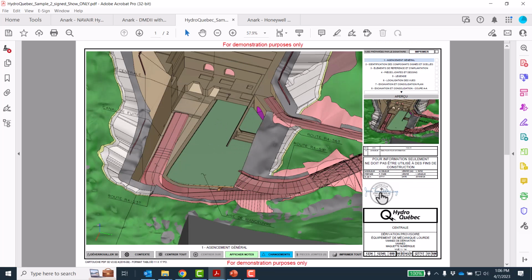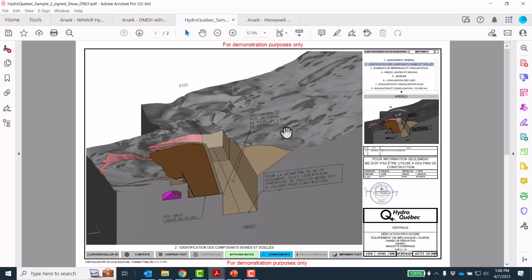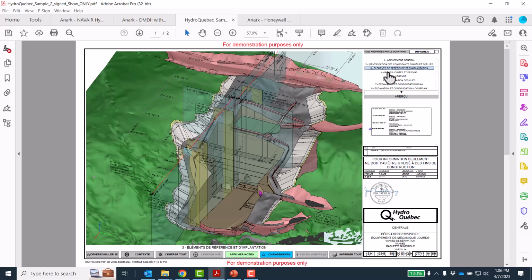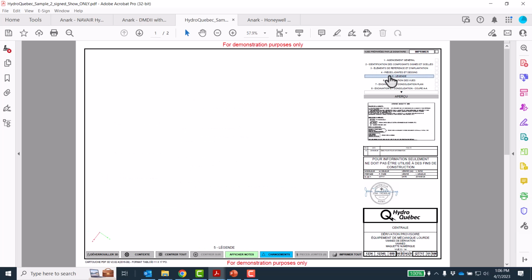So in this case, they wanted to have a technical data package that would replace an assortment of documents that they were delivering to the province of Quebec to show the different aspects of the hydroelectric projects that they're doing. It's in French. They have the different views that they established. The thing you should notice about this is that when I pick a view that they have created, what it